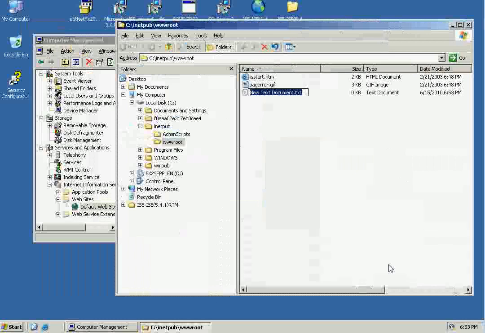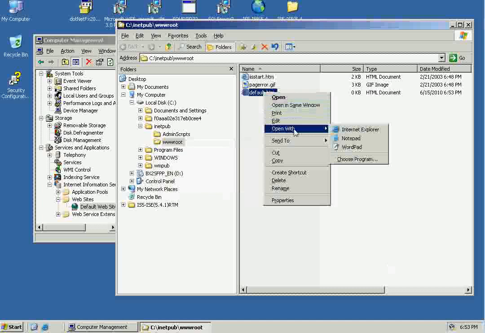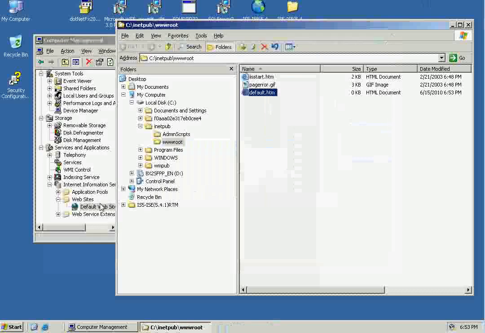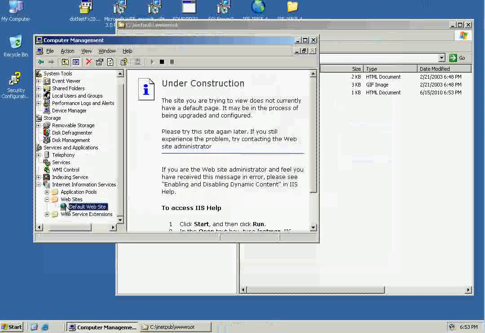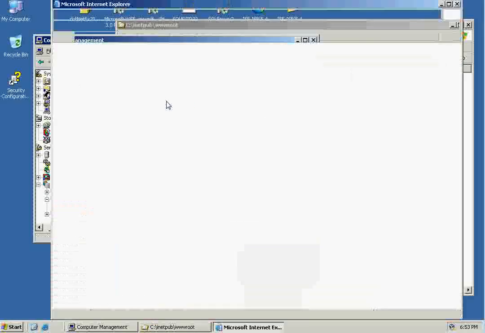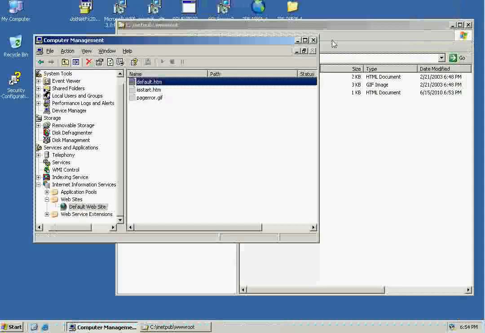file and call this default.htm. Feel free to save that. I'm going to open with Notepad and say hello world. Save this, go back, and when we browse this, we can see that our web server indeed is rendering hello world to our web